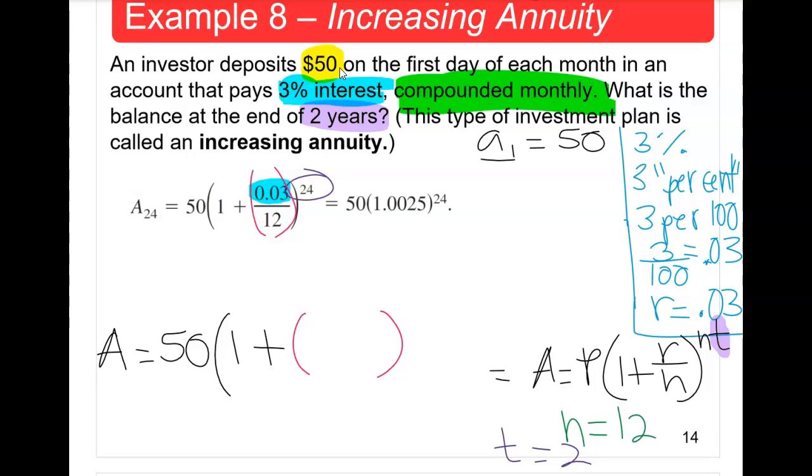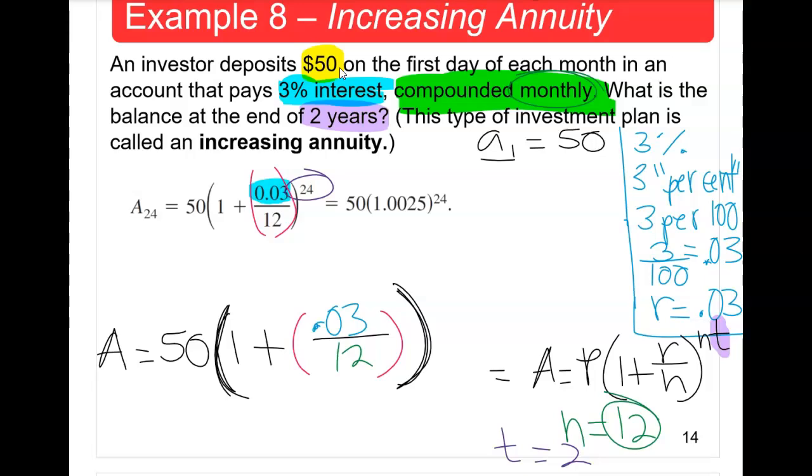So here r is equal to 0.03, and then is divided by n, in this case the number of compounded periods, 12 for monthly, and then we close the parentheses that we opened here,